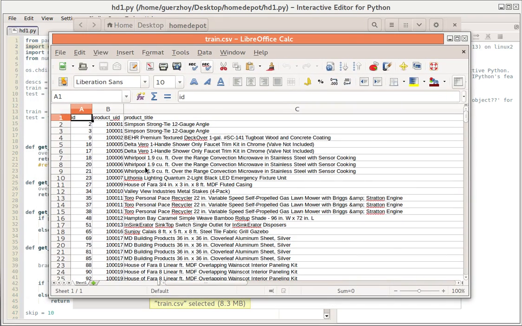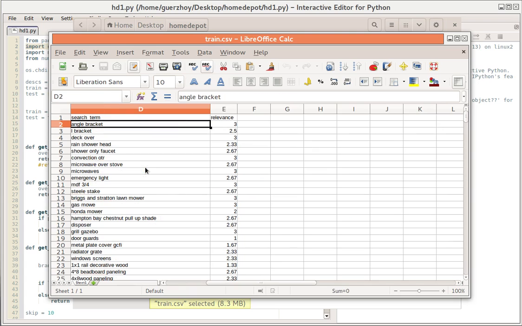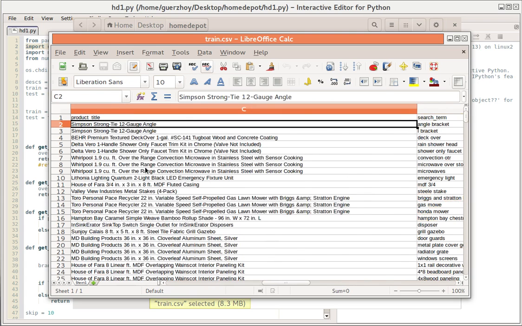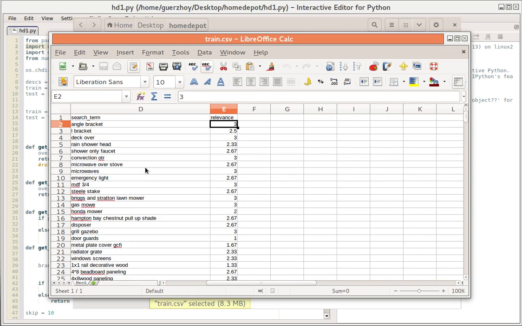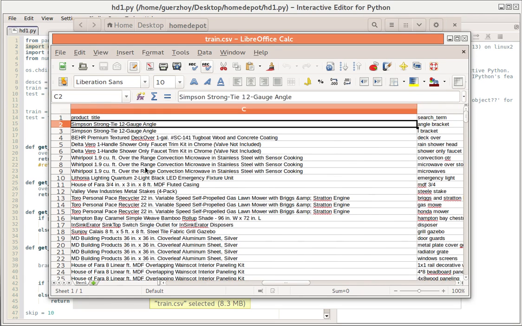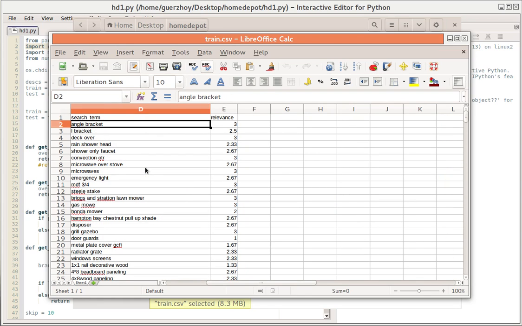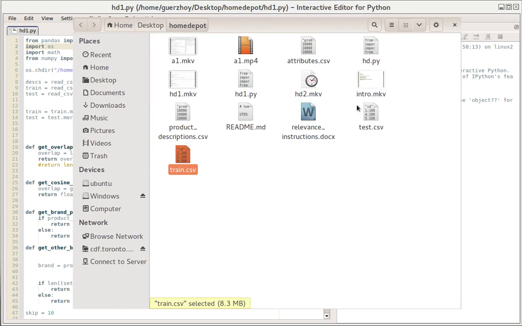The way it looks is you have this kind of table with the line ID, you have the product ID, you have the product title, you have the search term to which this is the result, and you have the relevance, which was manually annotated, the relevance of this product to this search term. You also have all sorts of data about the different products. So in particular, in product descriptions,